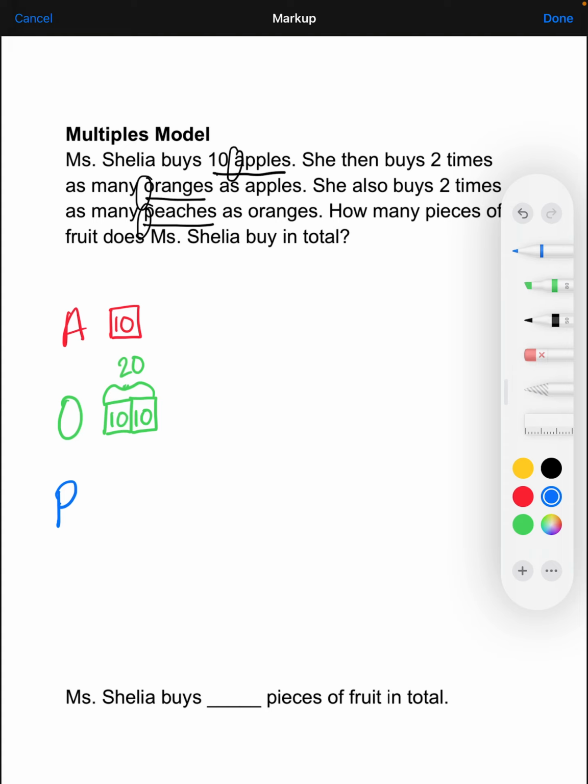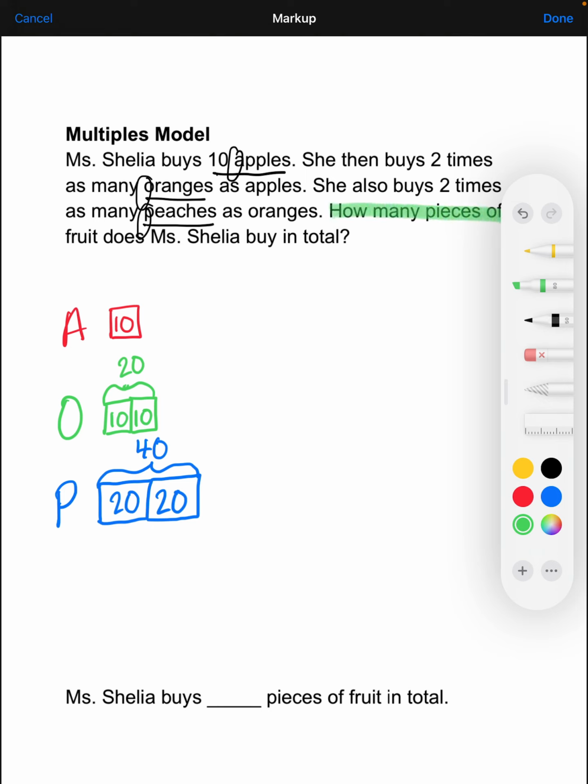Well, looking at the oranges, there are 20. So I know we have to have 20. But there must be twice as much. So that means I'm going to draw another bar that looks exactly like it so that I have 2 of them. That's what twice means. And that will give me a total of 40 peaches. Now the question is asking,